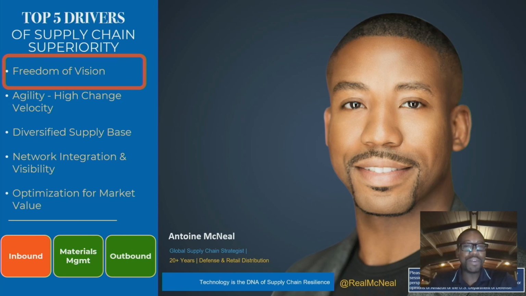In order to navigate an organization and build a resilient supply chain, it's important for an organization to acknowledge that the supply chain and the people that are managing that supply chain need to be able to adjust and create micro visions within their organization that aligns to a higher organizational vision.